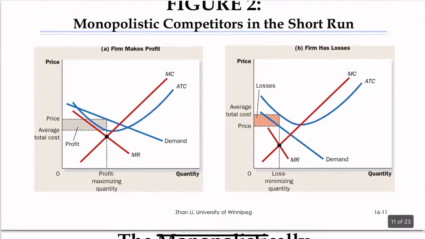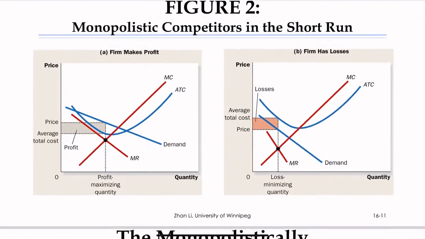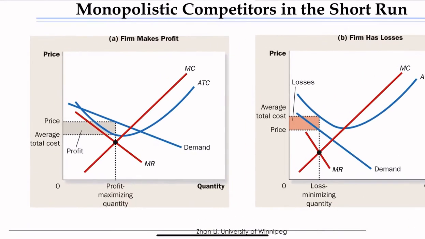So you can see that here, to examine this firm's profit maximization behavior, we will exactly use the procedure we have adopted in the Monopoly chapter. So first, you will look at the intersection between the marginal revenue and the marginal cost. So this gives you this intersection here. And then you will go downward. This gives you the profit maximizing quantity. And then you go upward, and from the demand curve, you can find out the price you should charge.